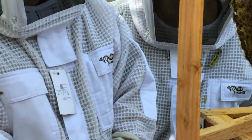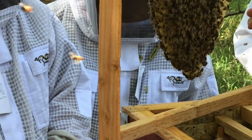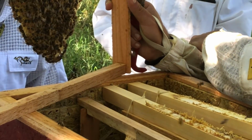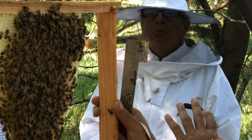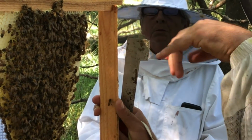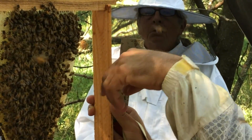How long have they lived? In captivity, they've kept them for 7 years. We have a 5-year marking system, so there's 5 different colors. So in theory, since this is a blue year and she's marked blue, then